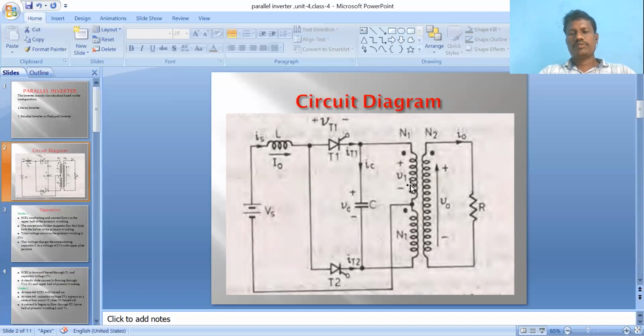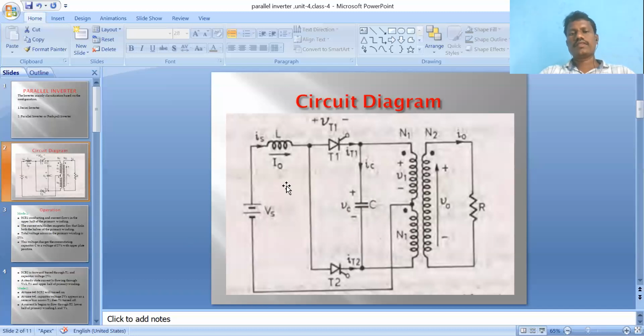Due to the presence of MMF in the primary, automatically an MMF will be developed in N1 also. So that's why here VDC, here VDC, and 2 VDC is presented across the capacitor. It happens initially. Remember this. In the parallel inverter, the capacitor voltage charges from plus 2 VDC to minus 2 VDC, and again from minus 2 VDC to plus 2 VDC. The capacitor charges, then discharges, then charges, then discharges, like this.